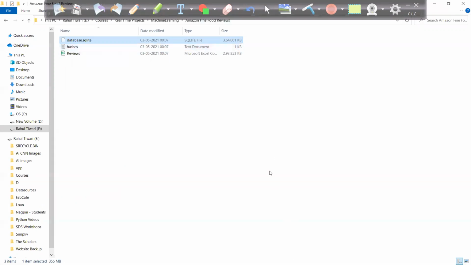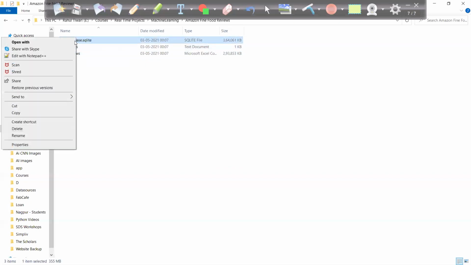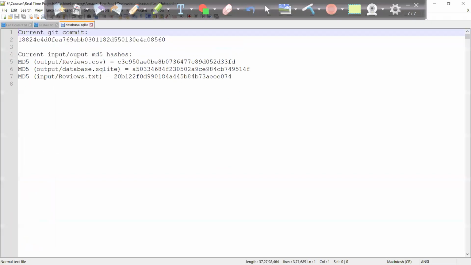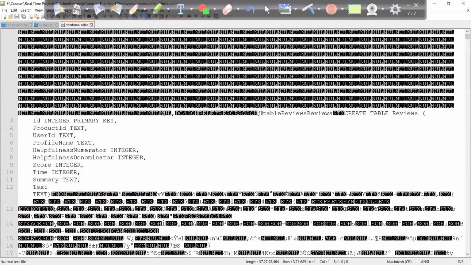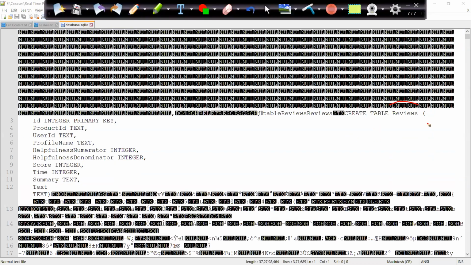Now, before I go ahead, some more thing which I want to talk about, or let's do one thing. Let's open up the file. I'll see the columns what we have, right? So let's open up the file. Here you can see I have many columns coming from reviews table.